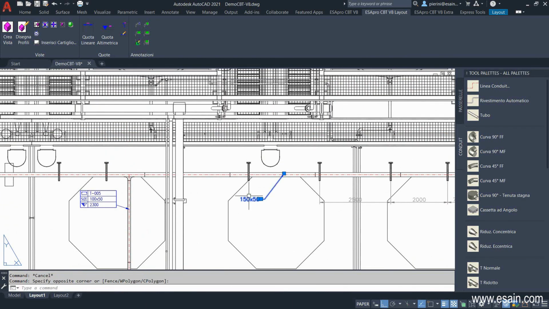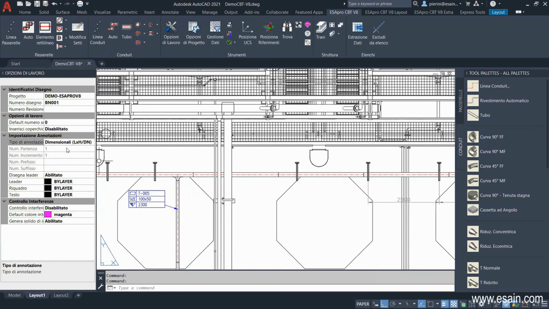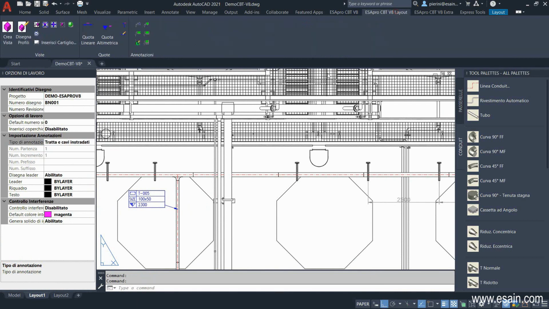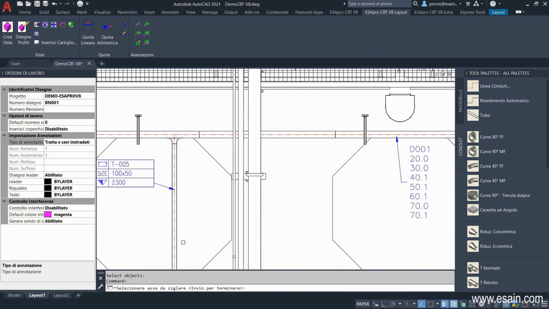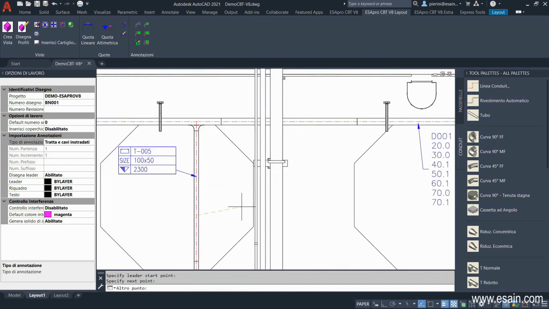Another very useful label is one that lists the cables that pass inside a section. Section and routed cables allows you to generate a label, text only or with a box, where the name of the section and all the cables passing through it are shown. This graphic information is immediately usable by the installer.